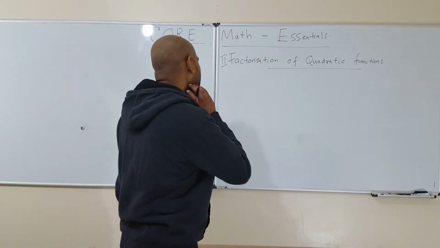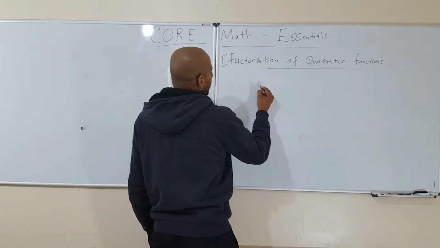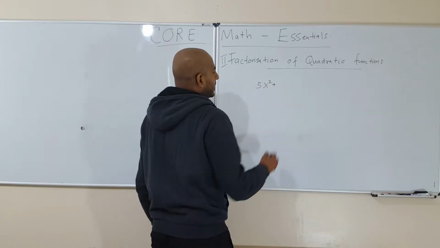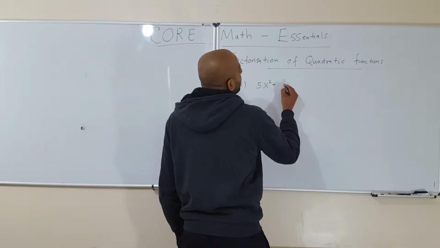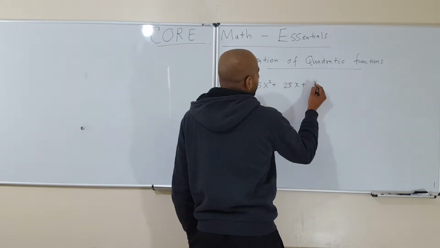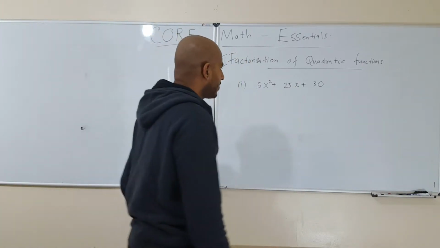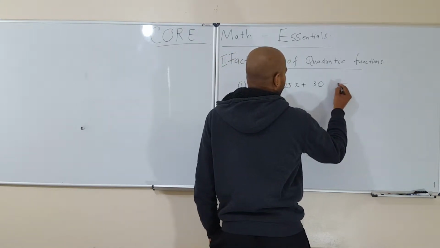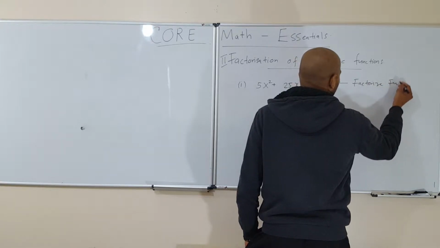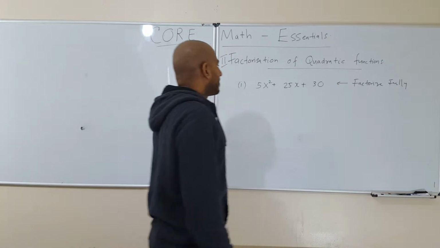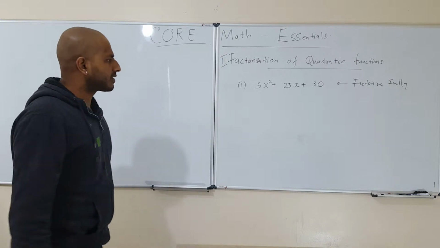For example, let's say we have a function like this to factorize. The question is this: 5x squared plus 25x plus 30. We try to factorize this fully. The question would be: factorize fully. Or fully factorize, whatever way you like. The first thing we would look at when you see something like this is whether there's a common